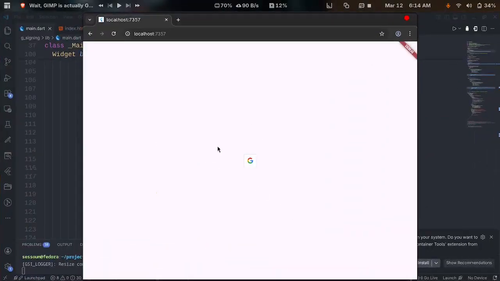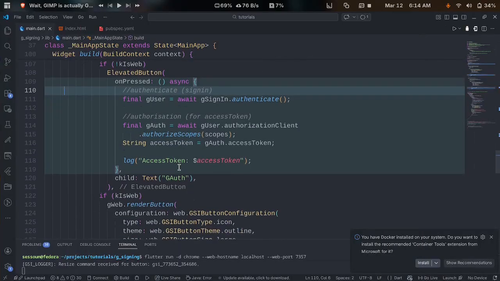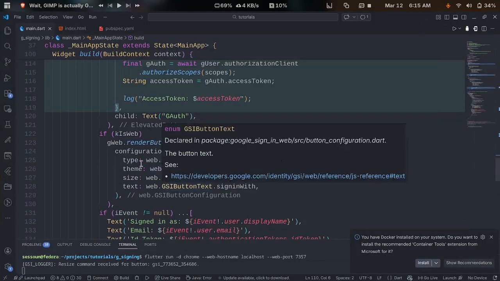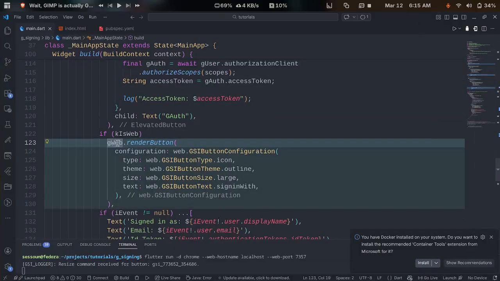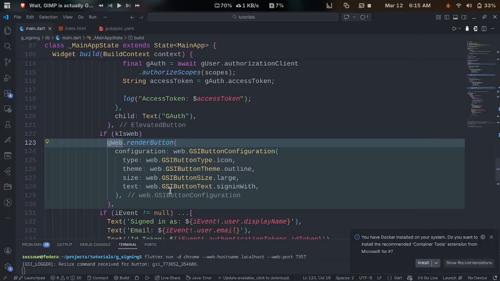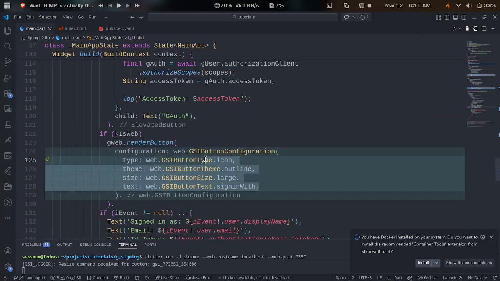Okay, so for the Google web sign in on the web, you use a default button. Okay, default button. You can customize your button. So if you look at here, for website, there's a button within the package called render button. Okay, so this render button is what will give you access to this. This has been customized. Okay, if I remove this configuration here,